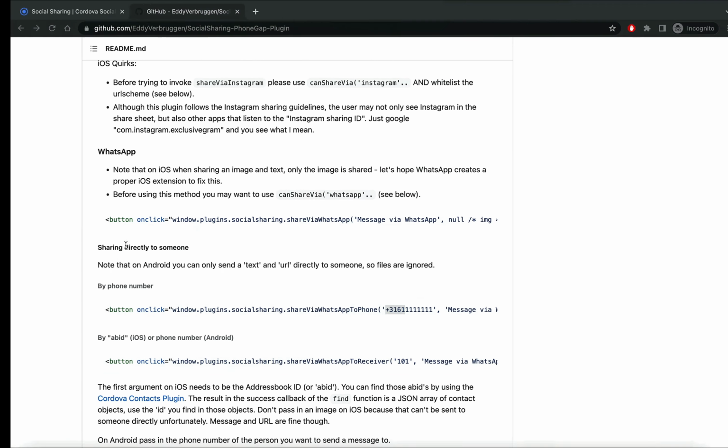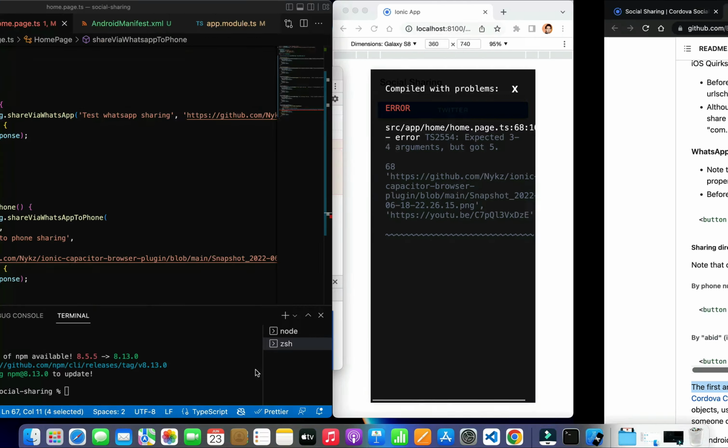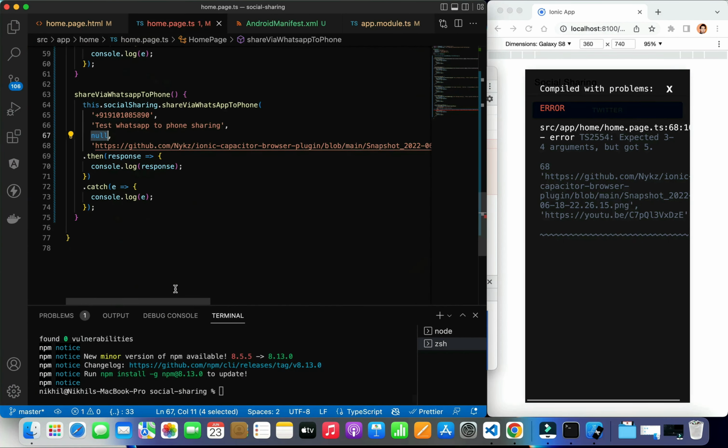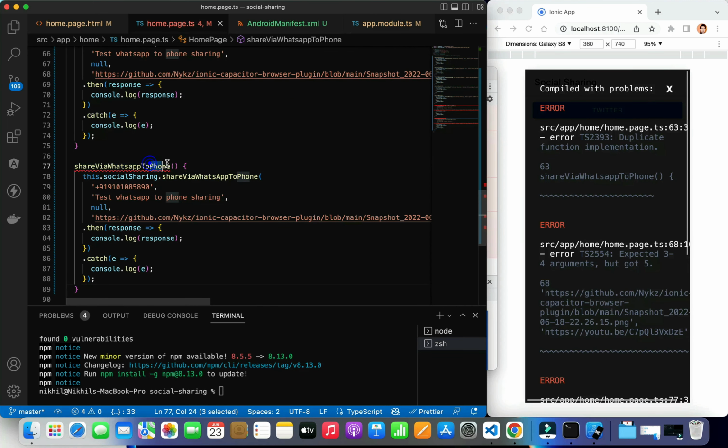Let's check what is the next one. So this is abid. What is that? That means the address book ID. The first argument on iOS needs to be an address book ID. You can find those abids by using the Cordova contacts plugin. Okay, so let's just check this out. I'm not pretty much sure about this, how to use it. I haven't used this. So I suppose, let me simply copy this and paste it to receiver